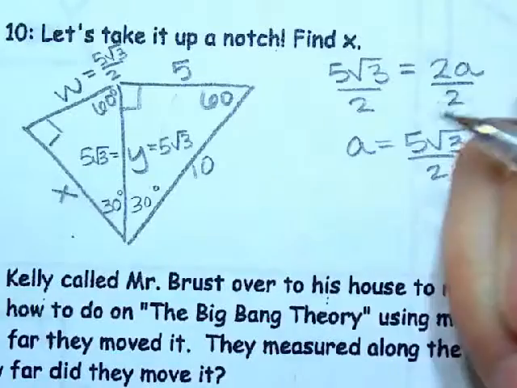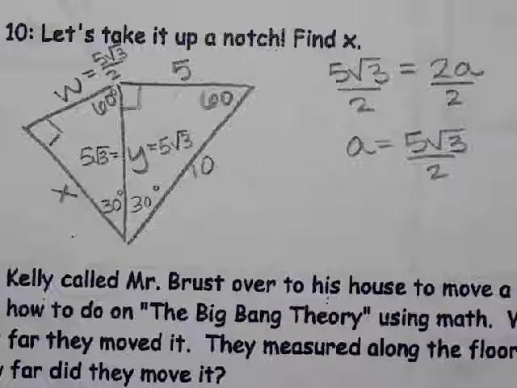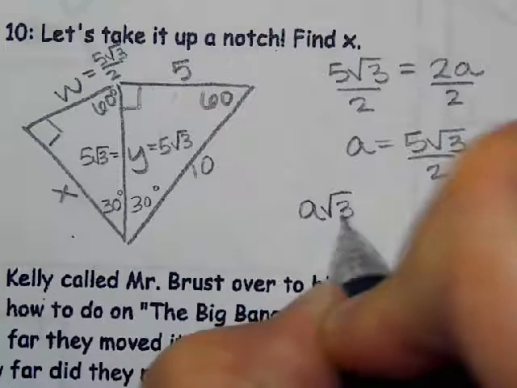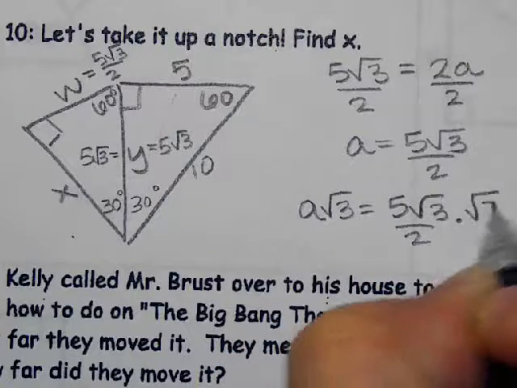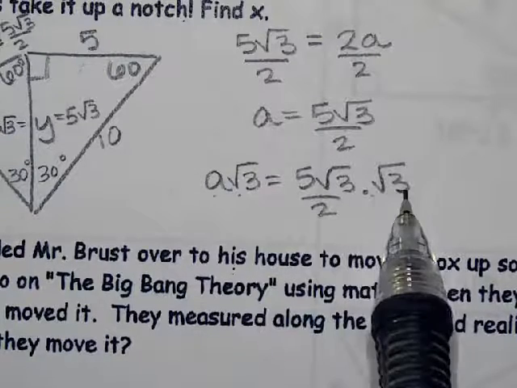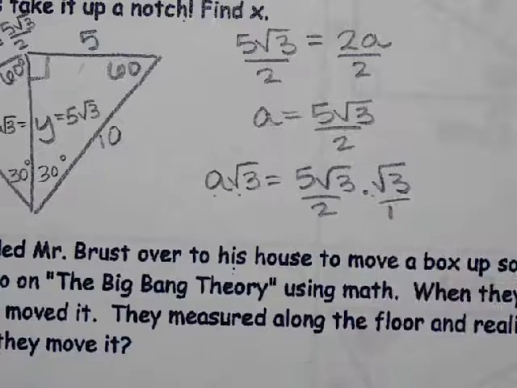Yeah, so then x is across from 60. 60 is the a root 3 side. So if we need a root 3, then we're going to have 5 root 3 over 2 times root 3. So if this is the a side, then the a root 3 side would be a root 3. You can put a 1 on the bottom if that makes it easier for you to multiply. See that? A root 3. So when we multiply that,